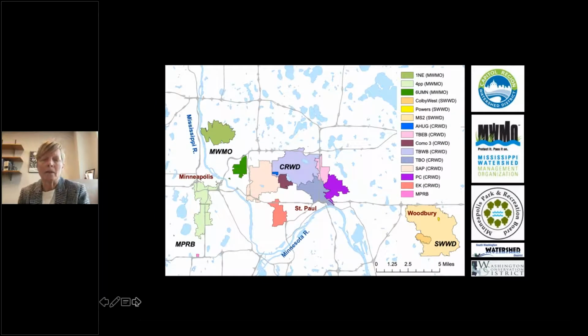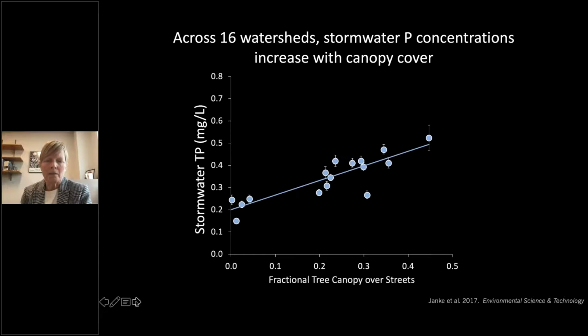We've been pulling together data from a number of different agencies that have been collecting data on phosphorus export in stormwater, and I want to acknowledge those organizations here. This shows a result from a publication that was led by a postdoc, Ben Jinke, comparing the event mean stormwater total phosphorus concentrations across different watersheds as a function of the fractional tree canopy cover over